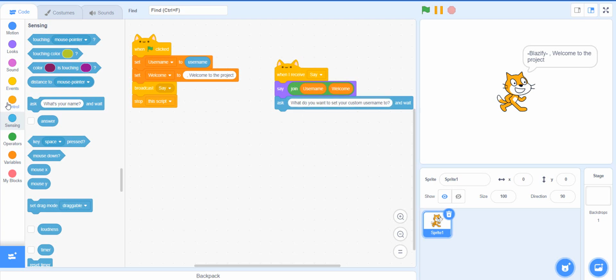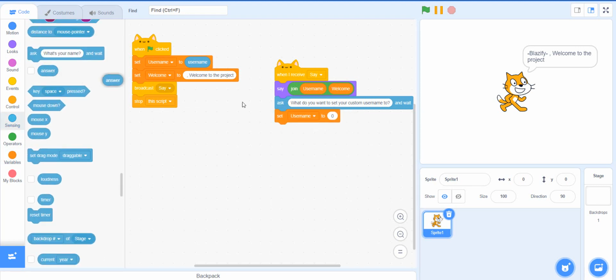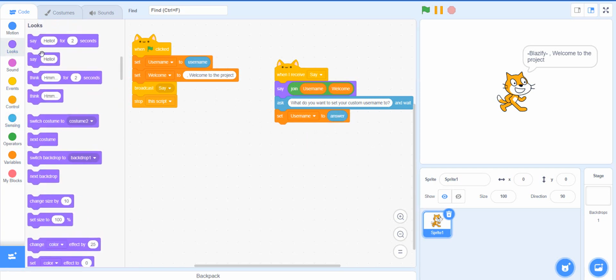And then you will get an answer here. See, now the answer is empty. So then go to variables, set username to answer. So this will just set the username to answer. And then it will say,